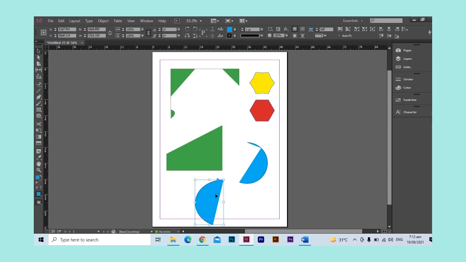The scissor tool is also very important when you need to cut your object. You can see that by using the transform tool, you can easily transform your object freely.